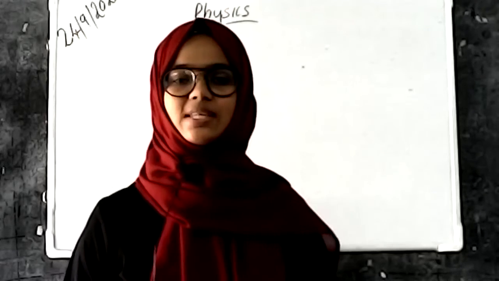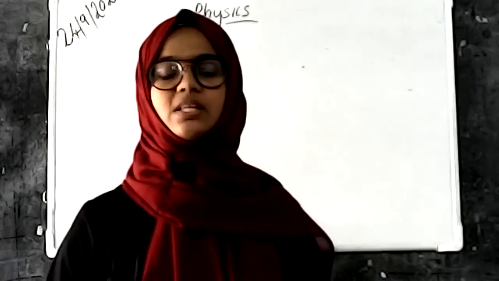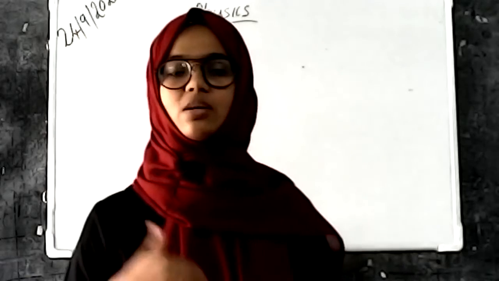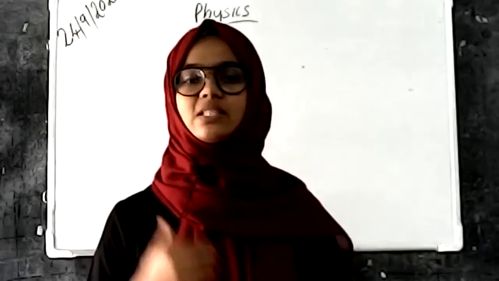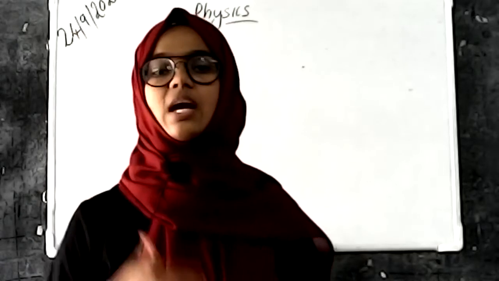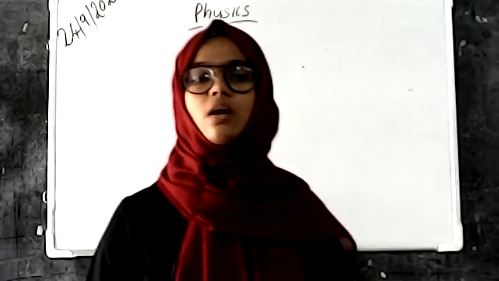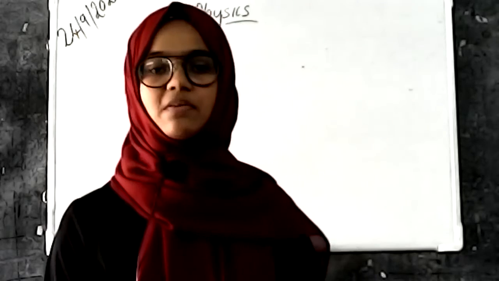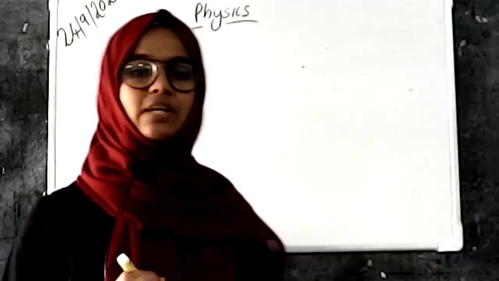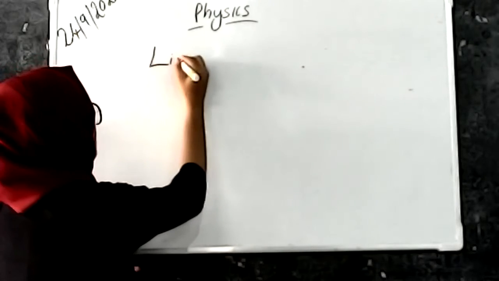Today we are going to discuss the lighting effect, its properties, and the devices that work based on the lighting effect. In the previous class we discussed the uses of the heating effect, the safety fuse, and some other related topics such as power. Today we are discussing the lighting effect of electric current. What is the lighting effect of electric current?